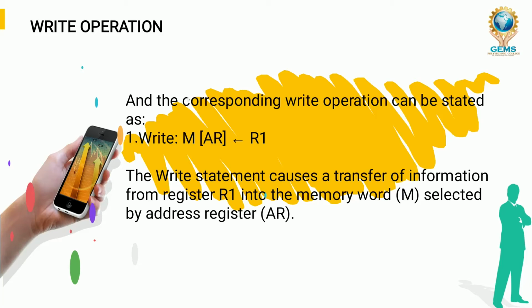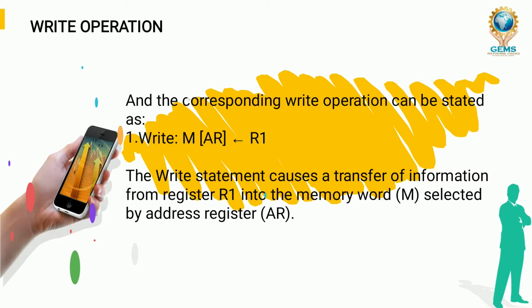So first, what we have seen is the read operation. In read operation, information goes from memory to a particular register, the data register, by selection of the address register. We will see what the address register is, what a program counter, accumulator, instruction register, increment register, input register and output register are. These are all kinds of registers. We already studied them, and we are going to study them again. Don't worry about this. Let's understand what a read operation and a write operation are.